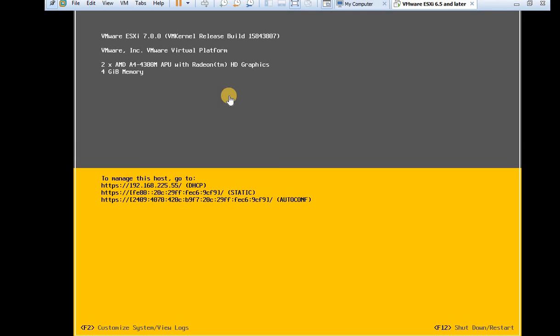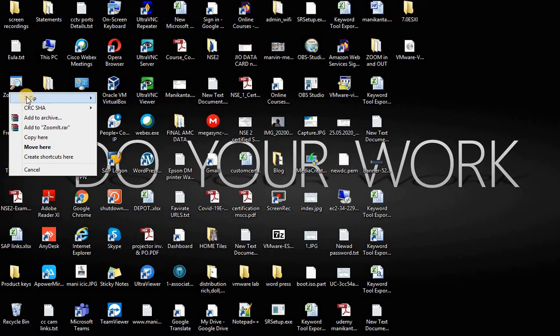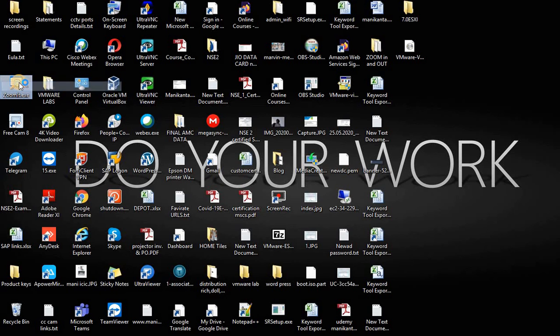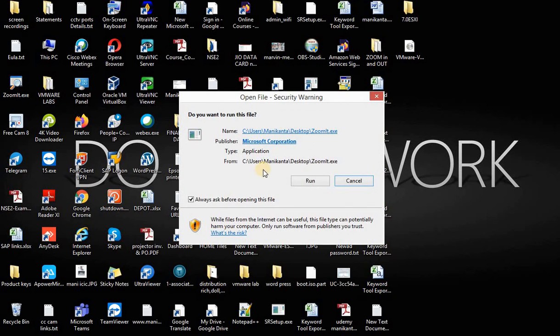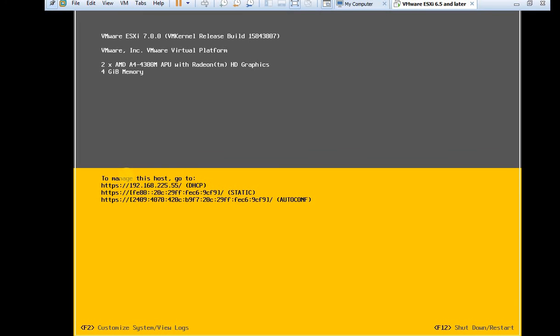Yes, this is automatically assigning. Just I will show you. I am enabling the zoom option on my PC. This is the total thing.